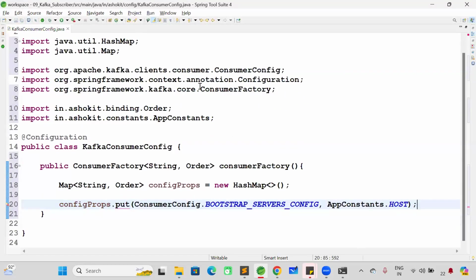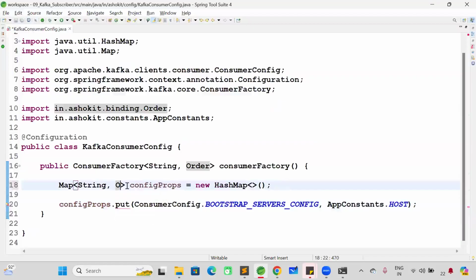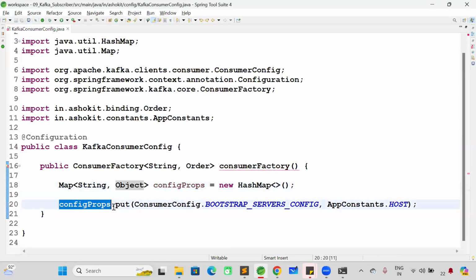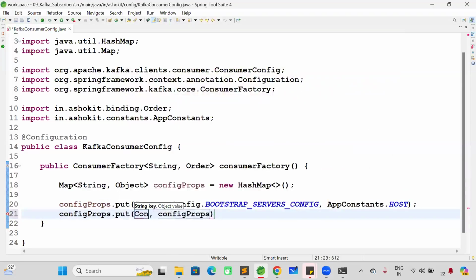I'm giving my bootstrap server URL. Okay, so config props dot, this is Object, not order. Map of key comma Object, config props dot put of key bootstrap servers config, and I host my Kafka server URL. Similarly, config props dot put of consumer config